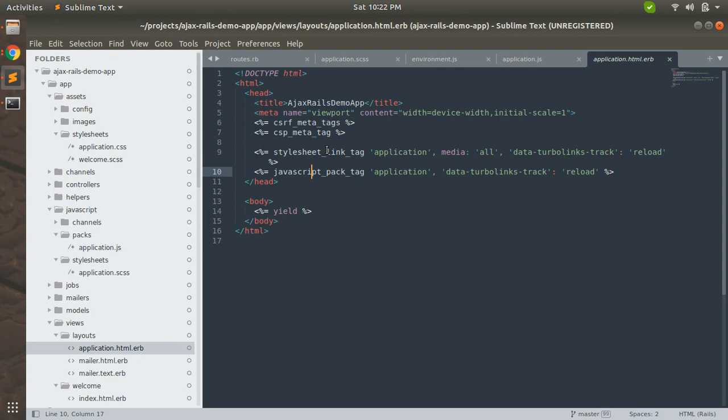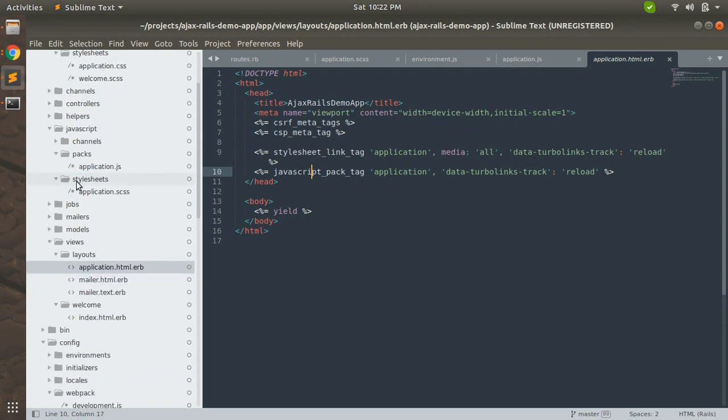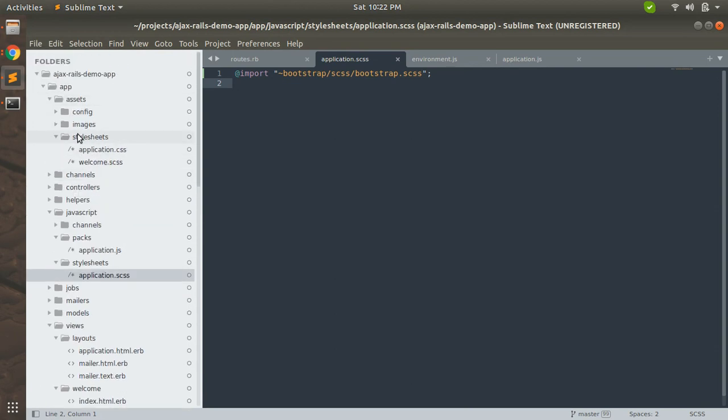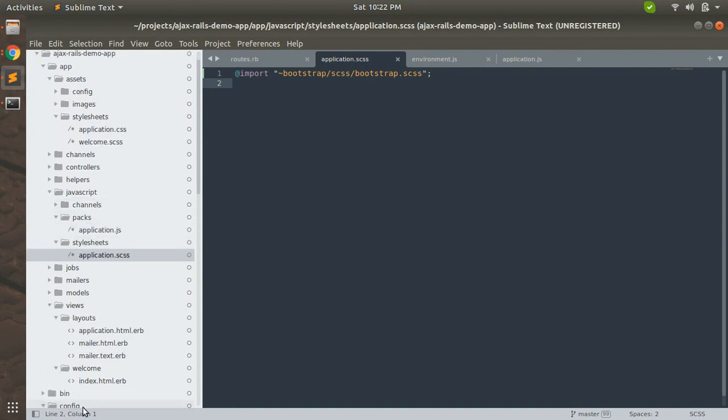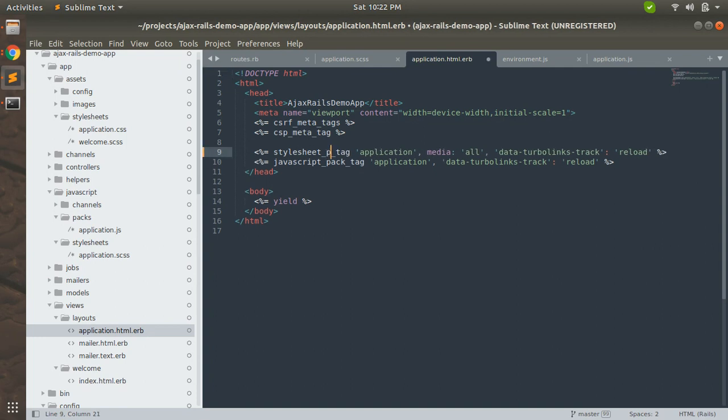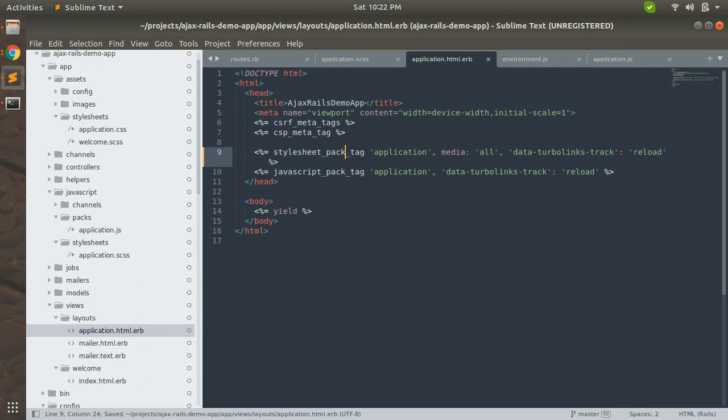When you use stylesheet_pack_tag, then this stylesheet application.scss will be applied, and when you use stylesheet_link_tag, then this application.css will be applied. So now let's open your layout file and change stylesheet_link_tag to stylesheet_pack_tag. Now this will work, and so we are done with the setup of Bootstrap, jQuery, and Popper.